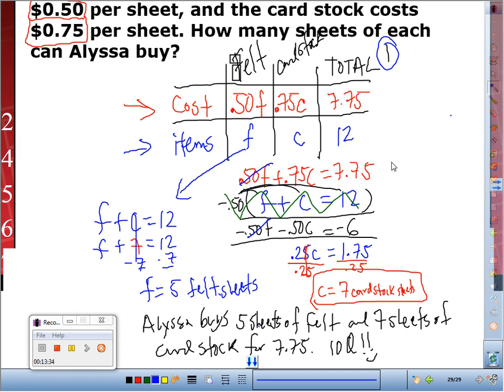Second point is setting up your system. Third point is solving for the first variable. Fourth point is solving for the second variable. And the fifth point, you have to have a statement. Yes? So then why would I don't